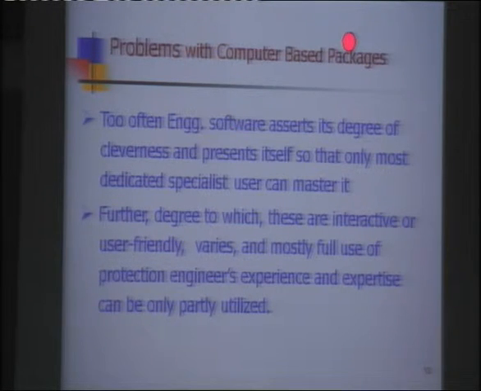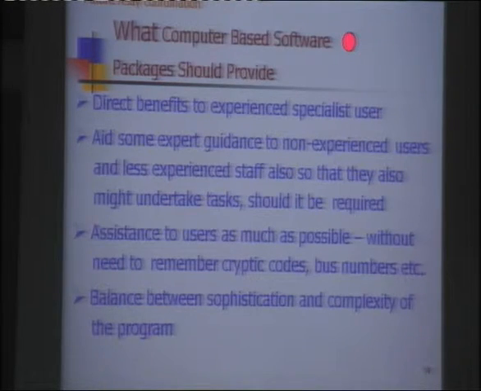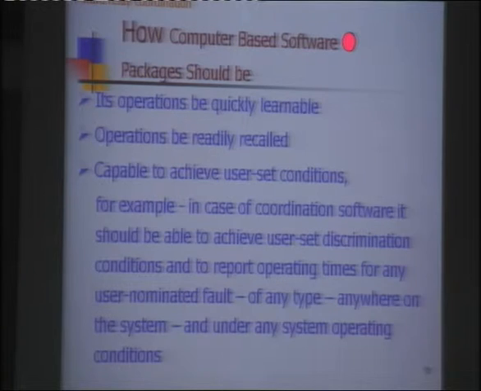Now I have just compiled the data for a 14 bus system regarding the experience, what the various problems are in the protection in various subsystems. I summarize some of the points which may be of interest to you. These are the computer-based approaches, and what are the problems with computer-based approaches.